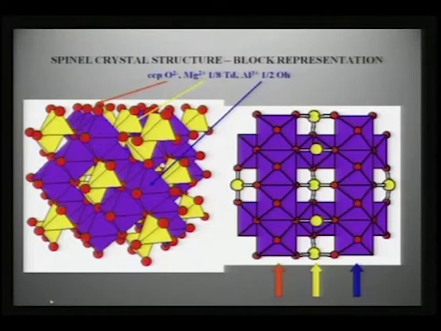Spinel crystal structure is another good representation of how the solid state reaction happens. This is another complicated crystal structure where the whole network of the spinel structure is made out of oxygen close packing, where 1/8 of the tetrahedral voids is occupied by Mg2+ and half of the octahedral voids are occupied by Al3+. So the trivalent metal ion occupies the octahedral site and the divalent metal ion occupies the tetrahedral site,